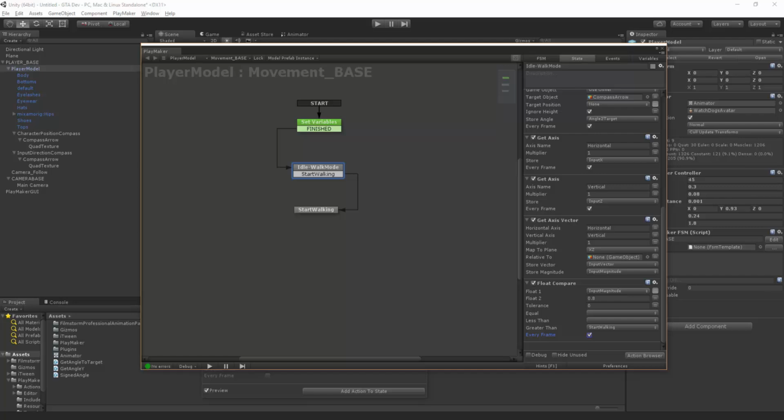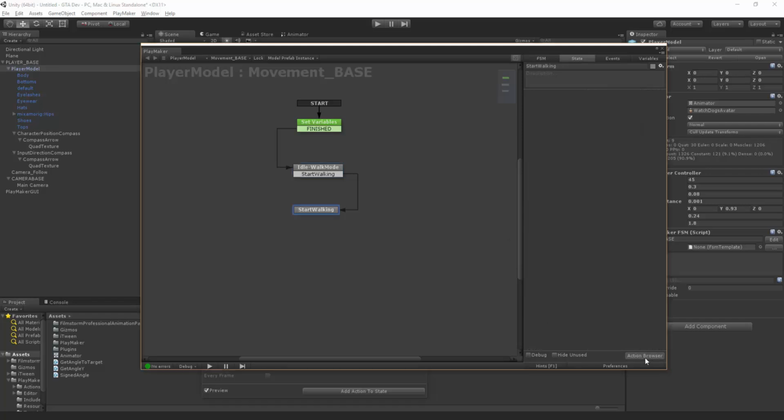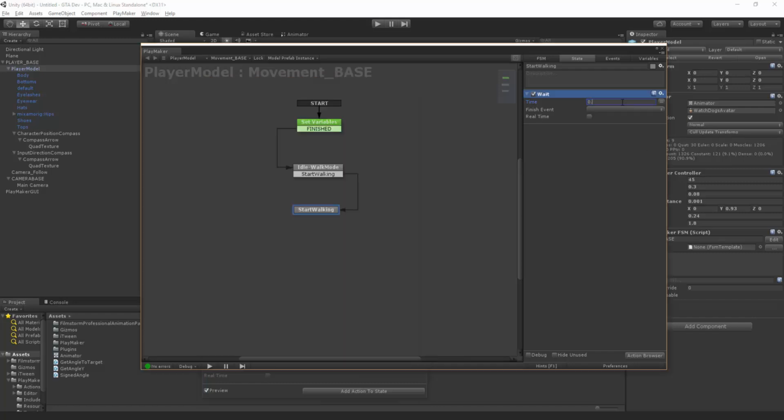Excellent. So now that we set up those other things, we need to just jump back up here. And we want to set the animator float to the value of input magnitude for input magnitude, and angle to target is angle to target. Lovely. Now, in start walking, we are going to put a simple weight down, weight for 0.4. And we want to also set this one just to a new event because that's what's going to drive it